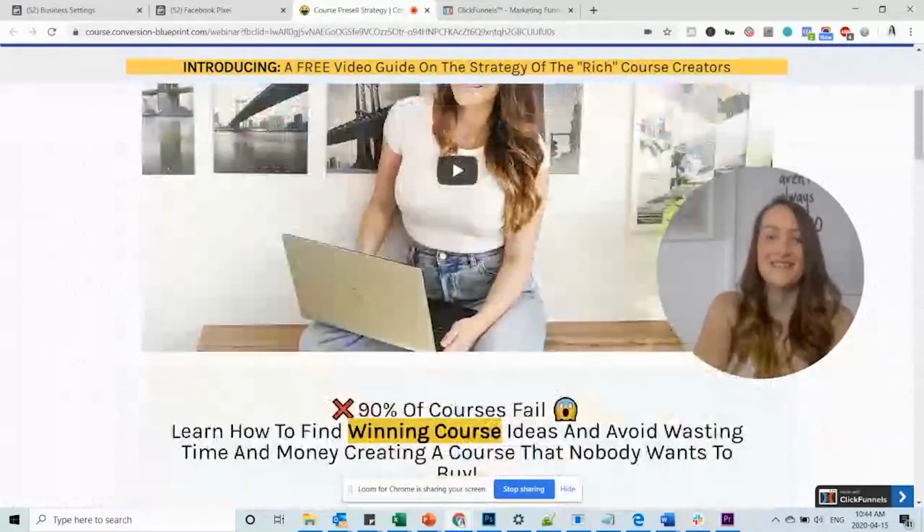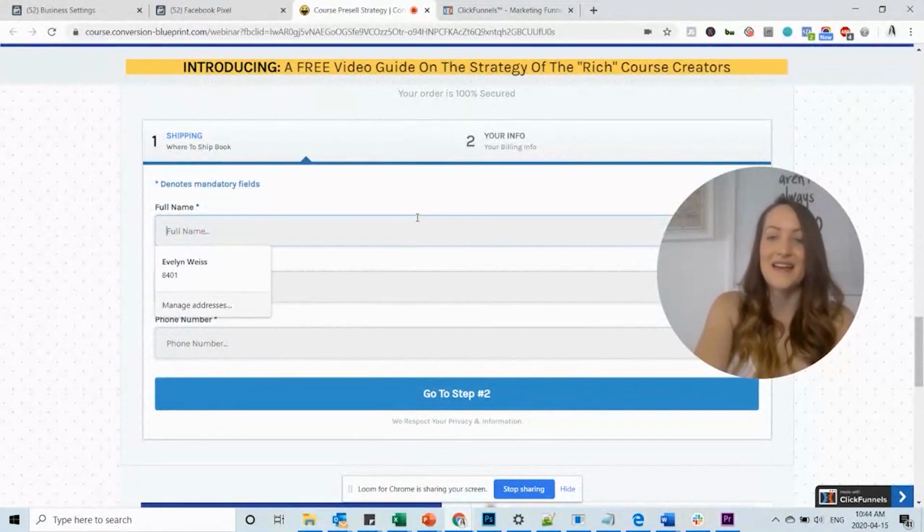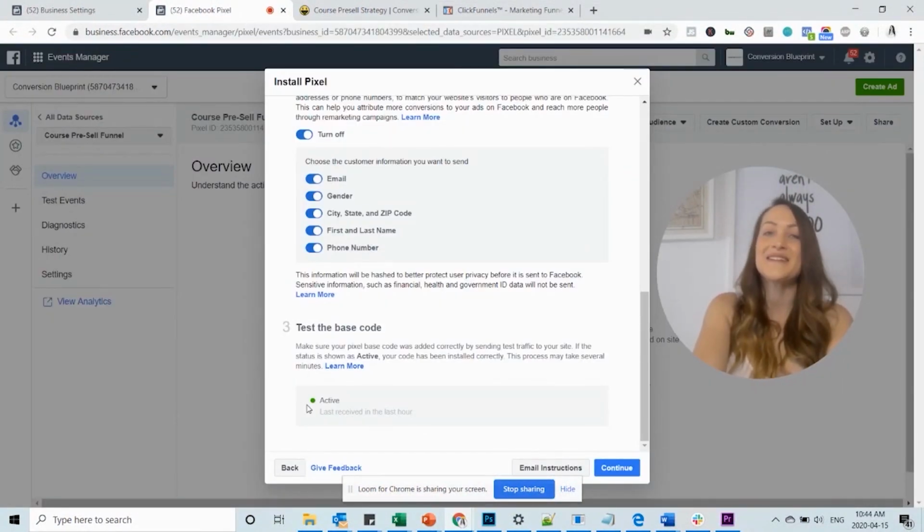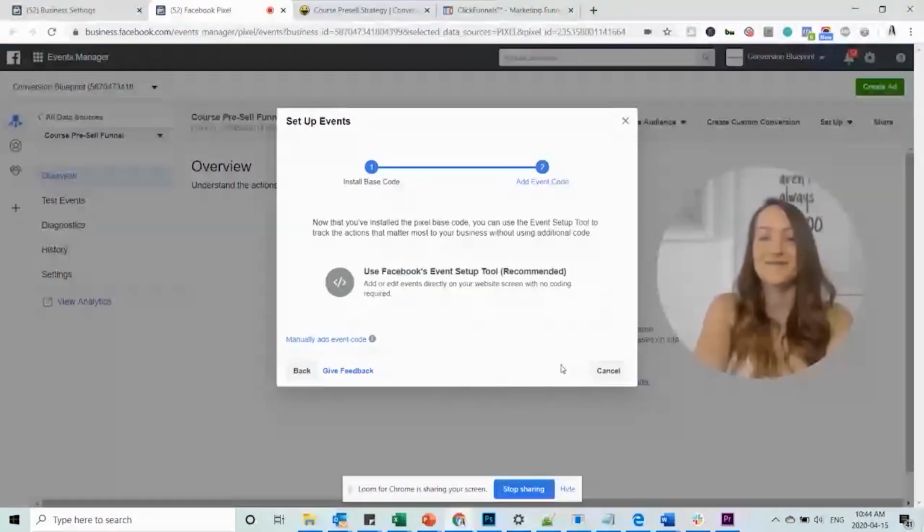Let's do that. Okay. And now we can go back to Facebook. And we see it worked. Our base pixel code is active. Perfect. Let's say continue. The next thing we want to do is set up our custom event